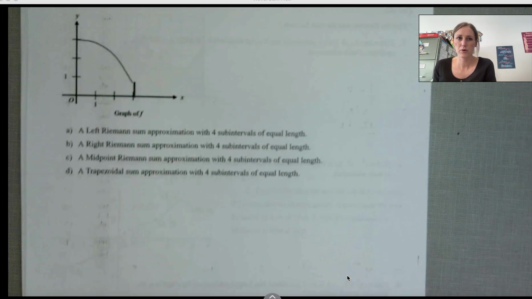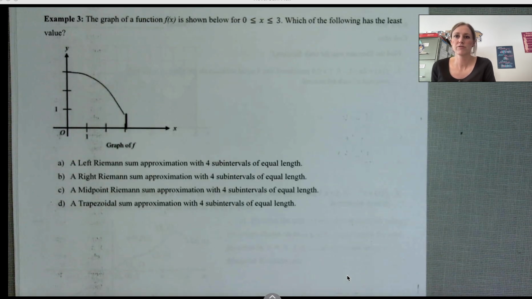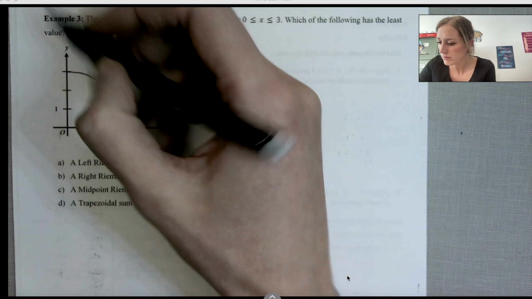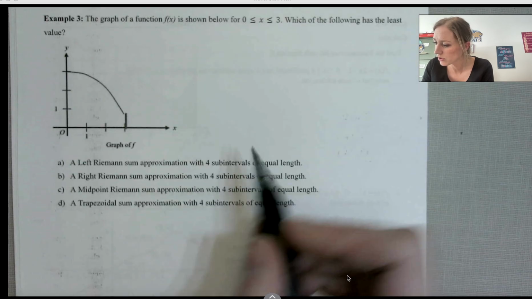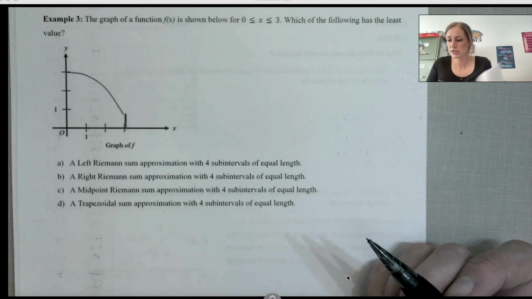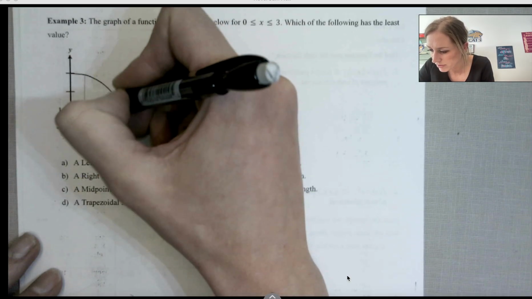Okay, so here I have a graph, f of x, from 0 to 3. Which of the following has the least value, or the smallest value? Okay, so imagine if I divided these, so notice they're all doing the same thing. They're doing 4 intervals. So if I separated this into 4 rectangles of equal width,